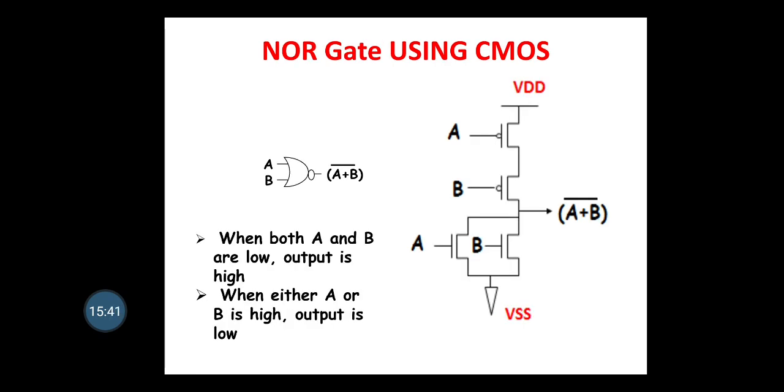Check out the logic diagram of the NOR gate using CMOS. So the NOR gate is nothing but the OR of A or B, and then the complement of A or B. So here you can see, since it is A or B, the NMOS are connected in parallel. Whenever there is an OR operation, NMOS are connected in parallel, and whenever there is an AND operation, NMOS are connected in series. And PMOS acts exactly the opposite way to NMOS. So here you can see A or B: NMOS is connected in parallel, at the same time PMOS is connected in series.